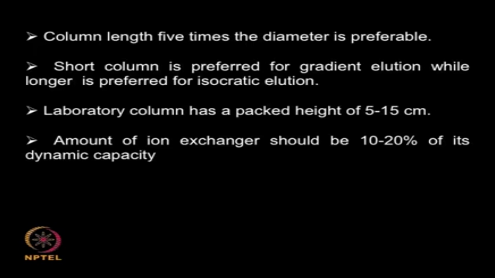Short column is preferred for gradient elution, while long column is preferred for isocratic elution. So if you are thinking about only isocratic, that means using only one solvent of certain strength throughout the chromatography process, then it is better to have very long column actually. So generally if you look at laboratory column, they will have a packed height varying between 5 to 15 centimeters. 15 centimeters is almost half a foot, so it is not very long actually. And the amount of ion exchanger should be 10 to 20% of its dynamic capacity,